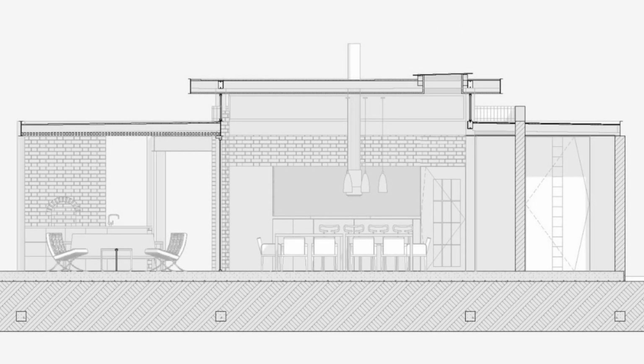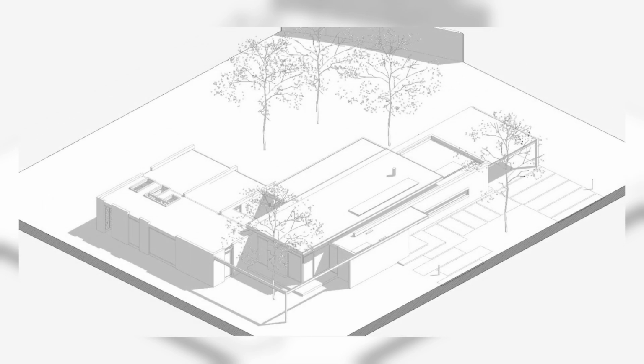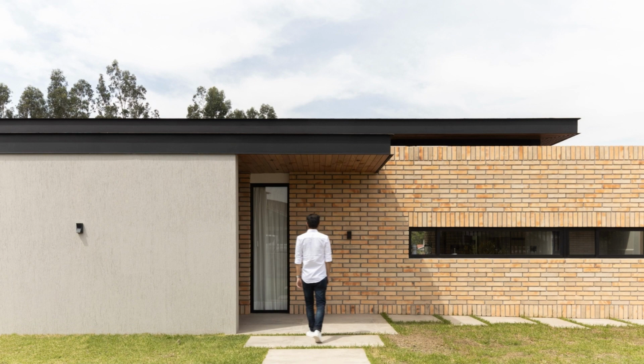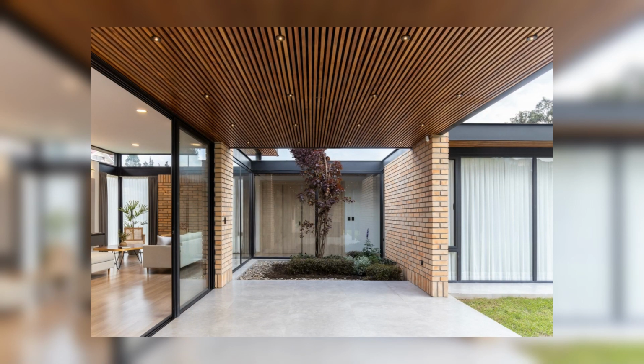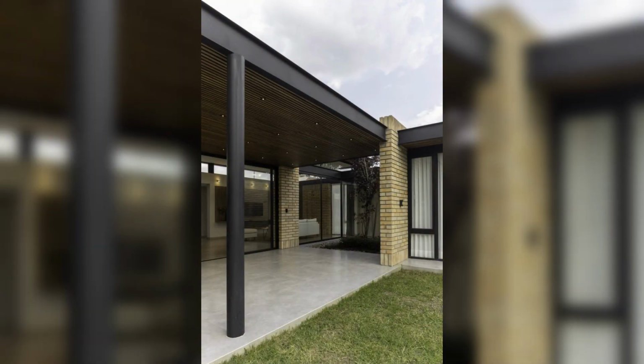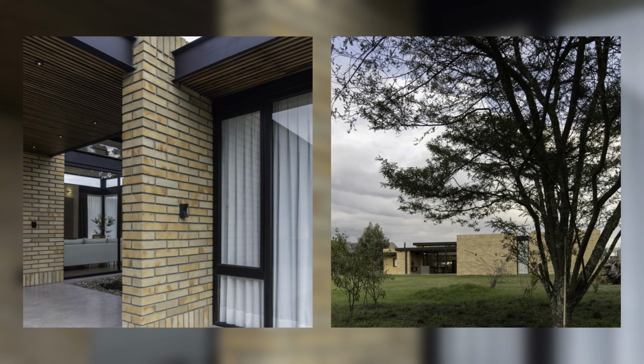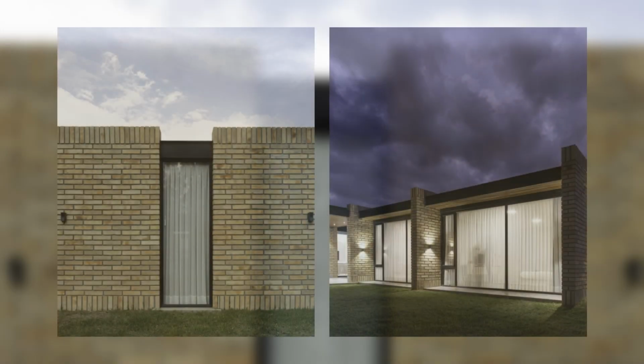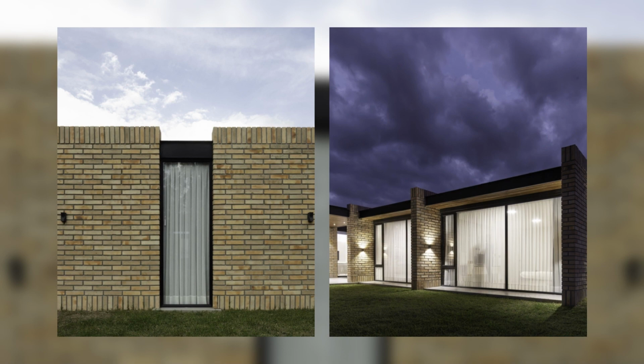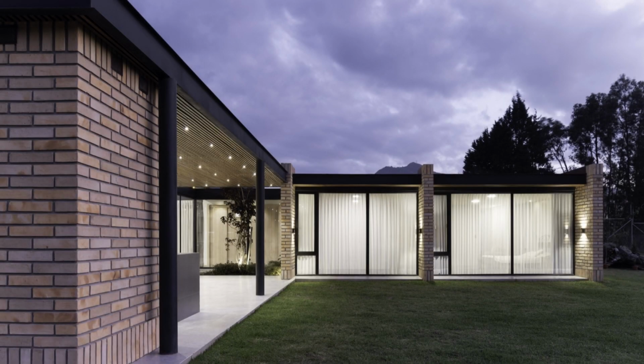From a functional aspect, the house was conceived under an introspective criterion, where its front facade is austere in a play of volumes and planes without windows, and, on the contrary, its back facade opens towards the private back garden through large windows that fill its volumes, allowing the integration of interior and exterior spaces, taking advantage of the extensive green area of the land, while maintaining privacy for its users.